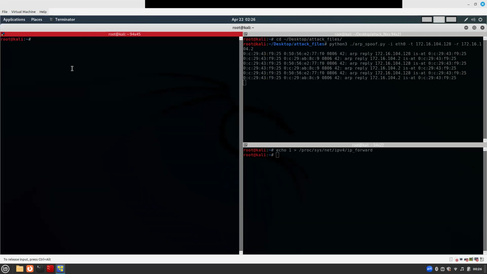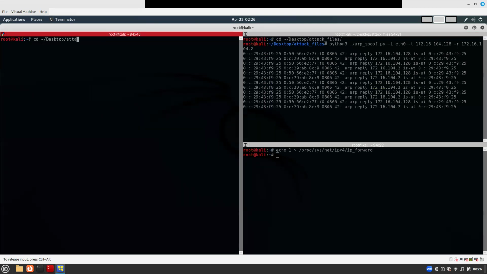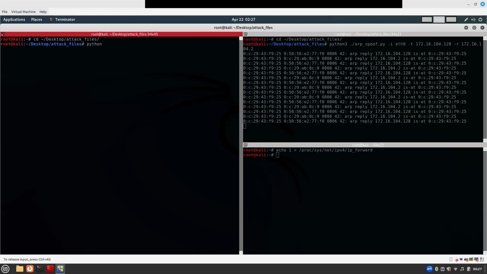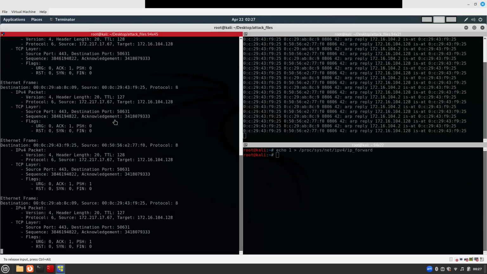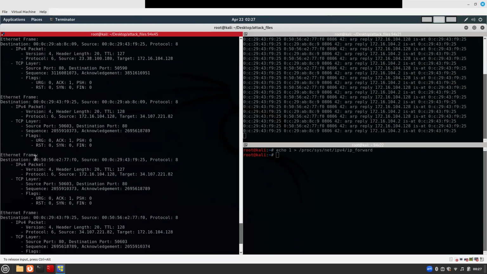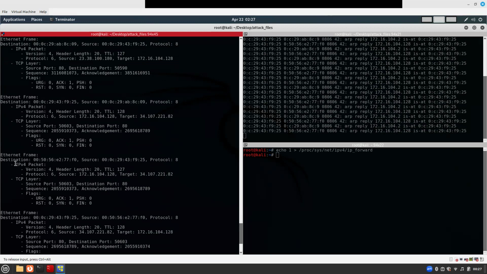So if we go ahead and run this program, this is in Python 3. There we go. Perfect. So yeah, you can see kind of an output of we've got our different layers that we're looking at, right? Our Ethernet layer or frame, however you want to think of it, our IPv4 layer, and then underneath that our TCP layer. And all this data looks very nice. It packages well, and it's easy to look at,